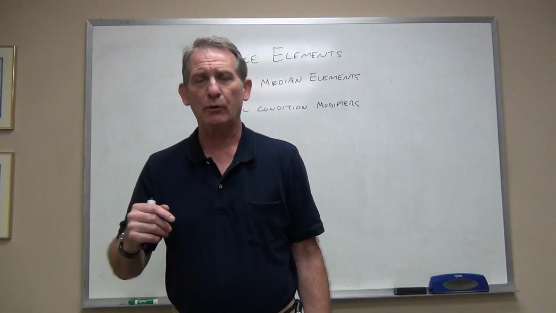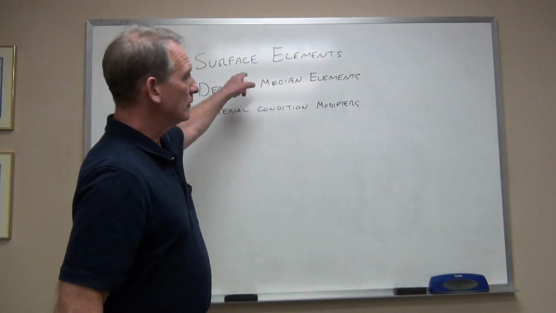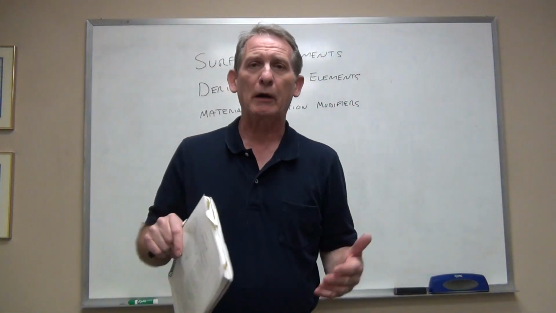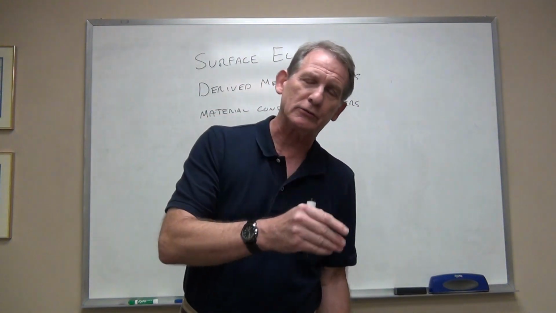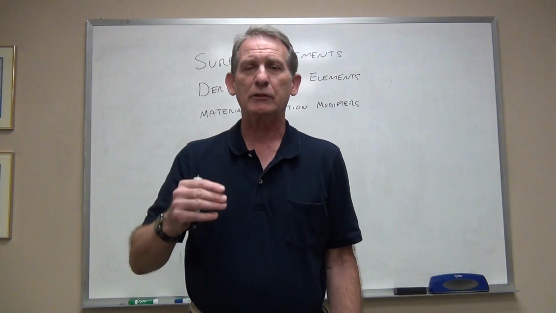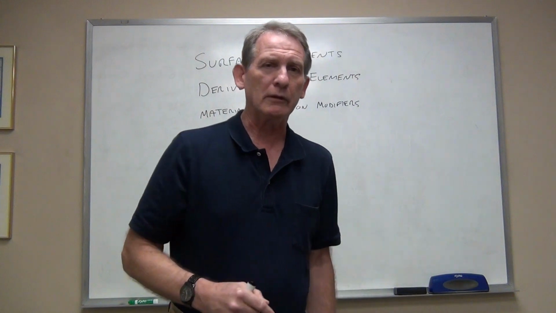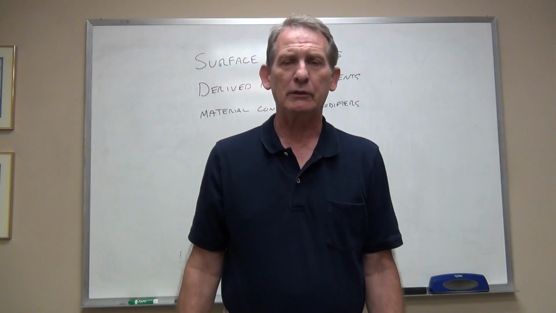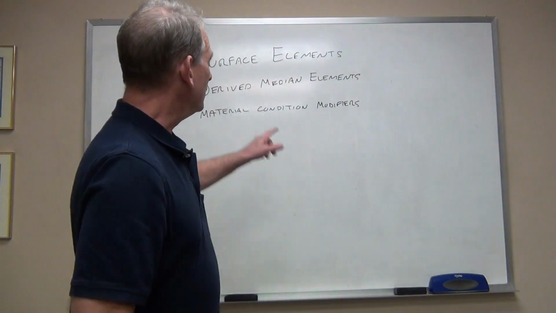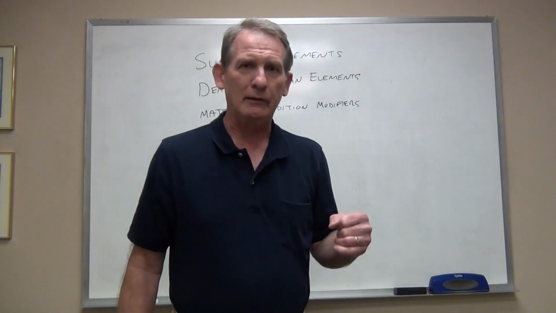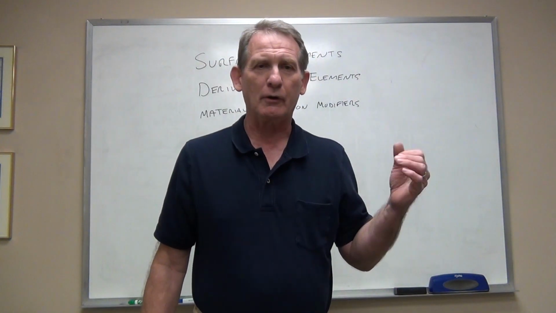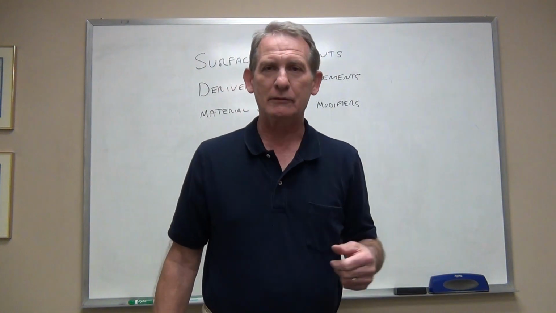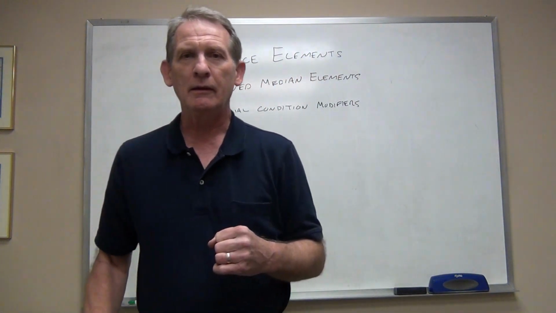In the case of surface elements, it was two parallel lines that start where the feature starts, end where the feature ends, and they're spaced whatever the tolerance size is noted in the feature control frame. With the derived median element, we saw that we went from an infinity of these lines to a single line that